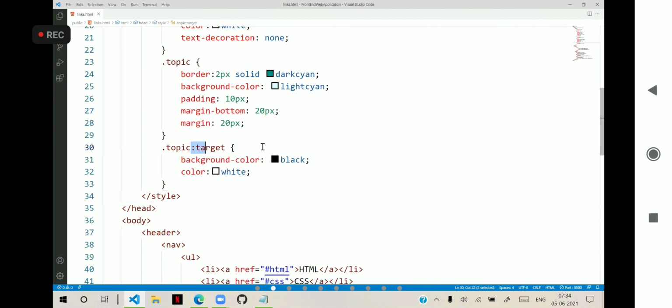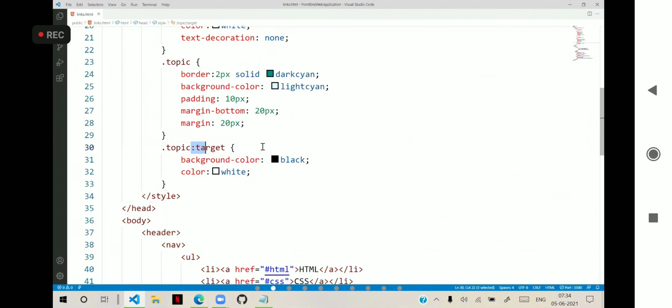If there is content to scroll, you don't need to highlight it, because it is automatically scrolling to that location. Even if it is scrolling you can highlight it, it doesn't matter, but we don't need to. If it is not scrolling, then you have to highlight by using this target option. That is intra-document navigation.